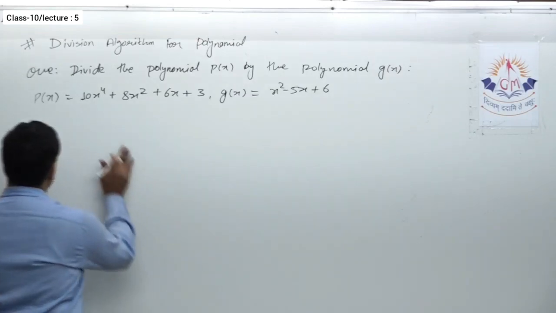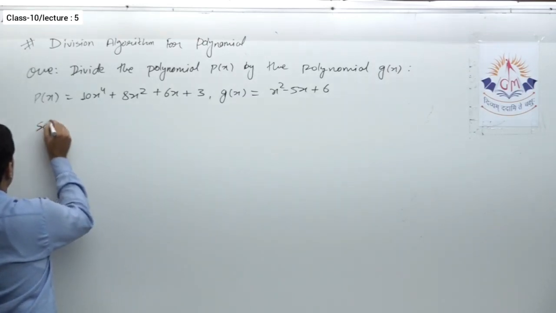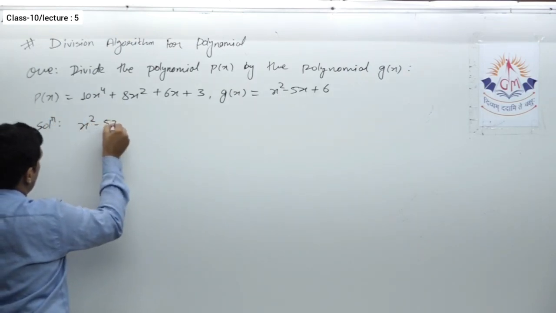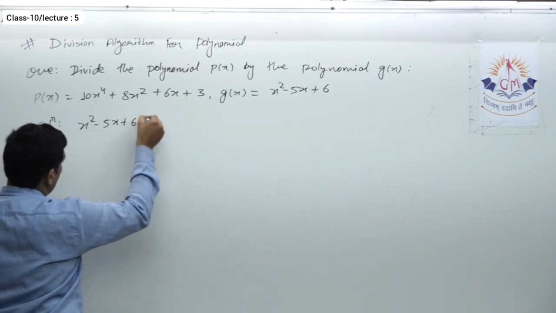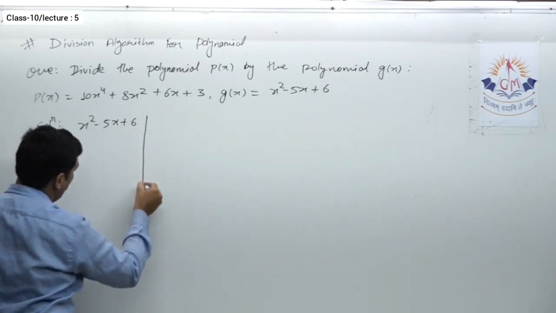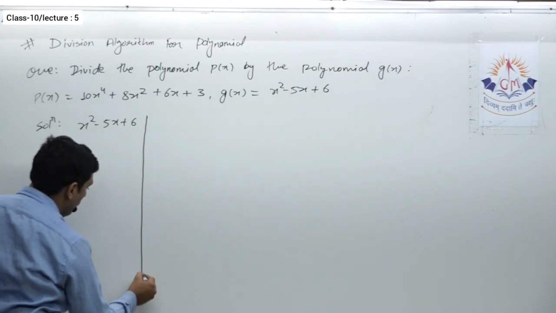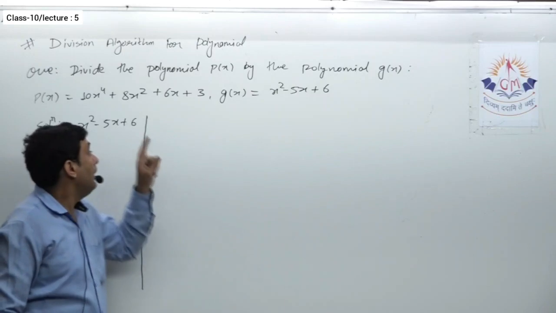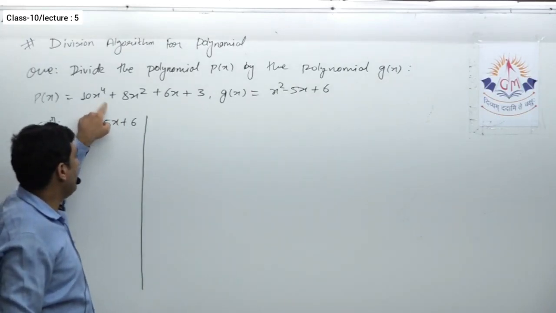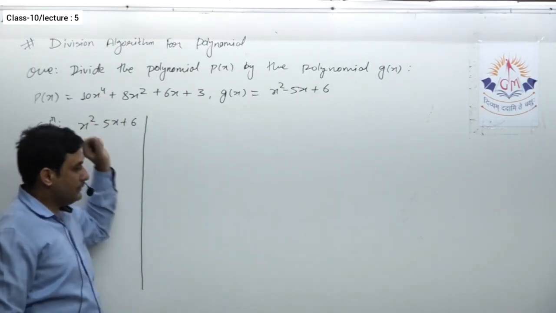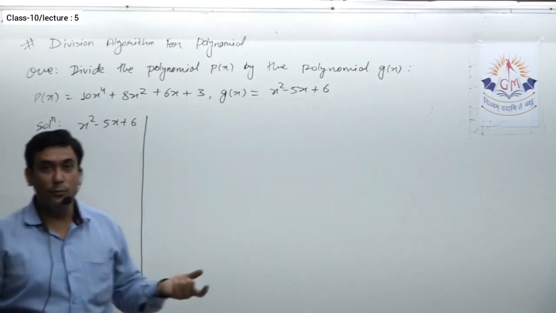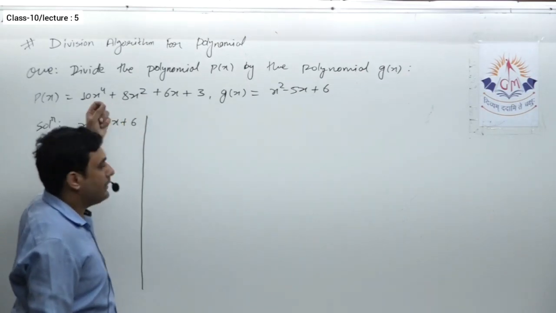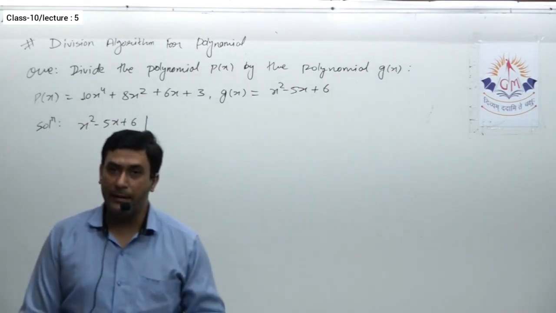Now over here one thing more that I am going to tell you. Definitely this divisor polynomial is in standard form only. Now you can see the dividend polynomial, although it looks like it is in standard form because it is in the decreasing order of x, after the 10x raised to 4 there must be a term of x cube. Similarly, after 10x square, only one term is missing. We can say there isn't any term containing x cube.